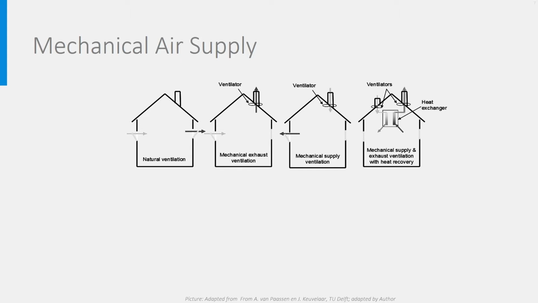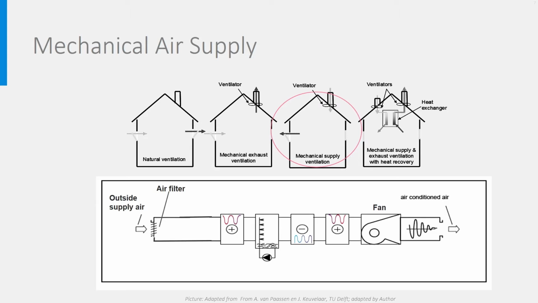And fourth, the ones with mechanical supply and exhaust, generally equipped with a heat recovery heat exchanger. The air handling unit we have just described and the pictures we saw are for the last of these systems with both mechanical supply and exhaust ventilation. However, it happens very often that there is only mechanical supply, the third system. In that case, the air handling unit, if any, will look like this one. There is no return pipe, of course.